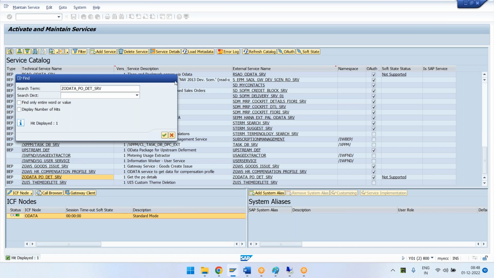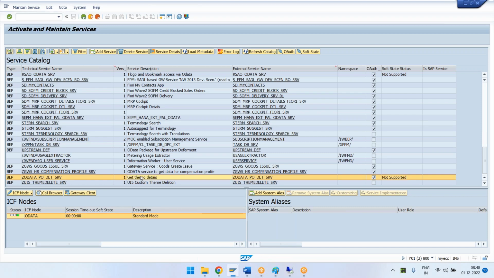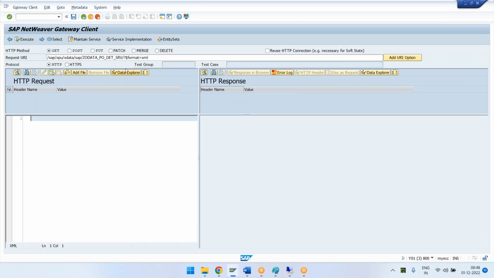See here, this is your service. When I click on this, you will find your system details and everything, and your ICF node is also active. Now from here, you can go to your gateway client, or you can use /n/IWFND/GW_CLIENT, or you can click on this gateway client. Now see here, you will be having your OData service. Now just click on this HTTP request, and when you click on execute,